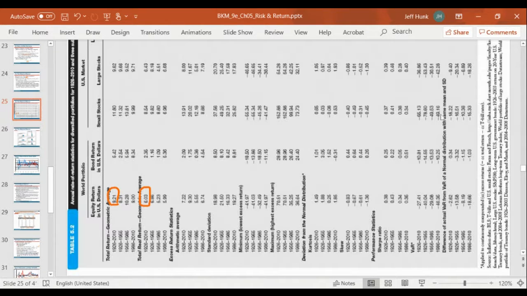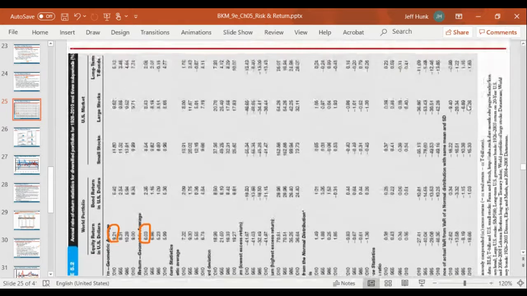And look at the U.S. Small stocks, small cap, entire period 11.8, and of course these are all annualized, and then 8.54. Large cap, pretty much like world equity returns, 9.82, and then real return was 8.43. Not that far, right?